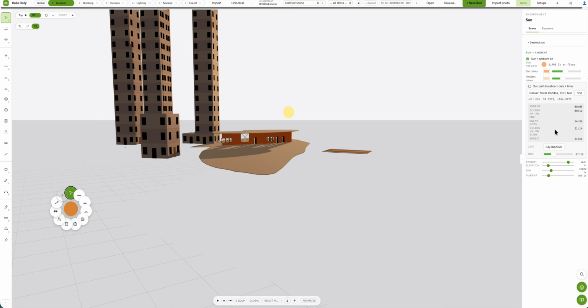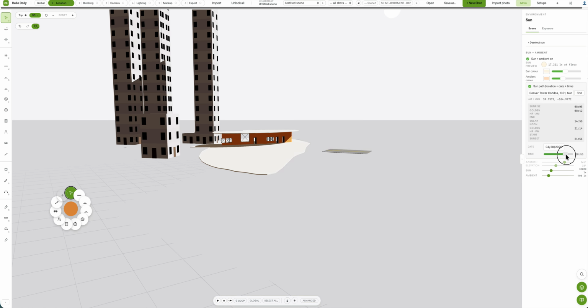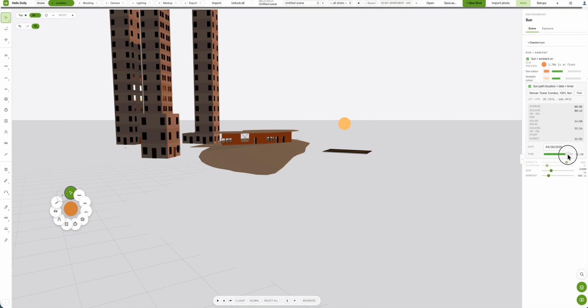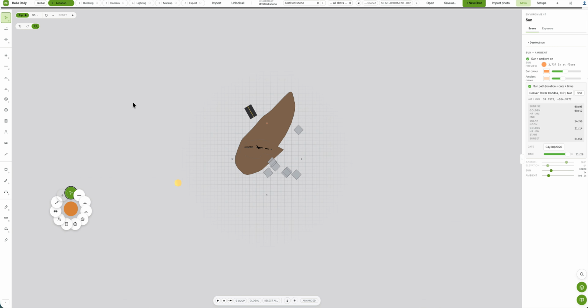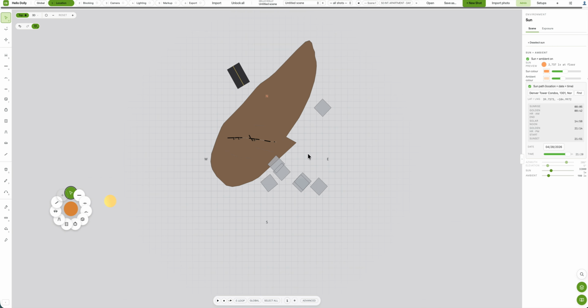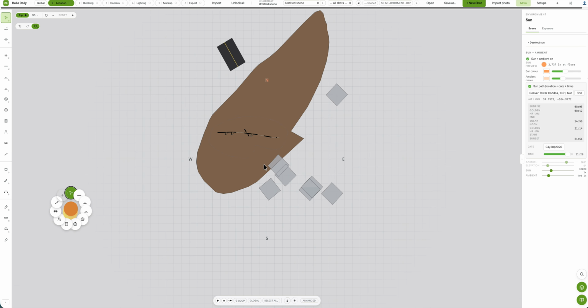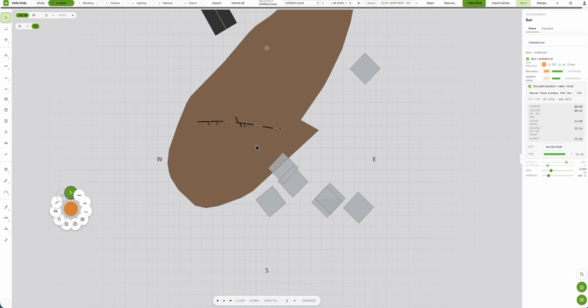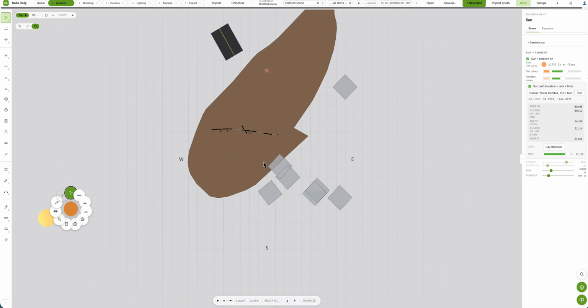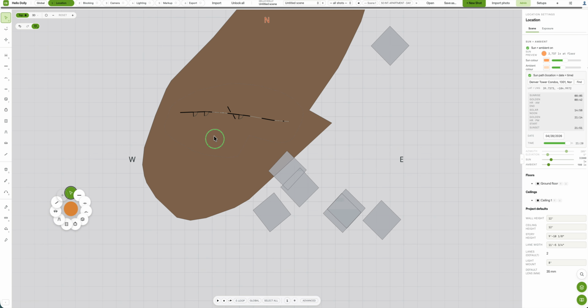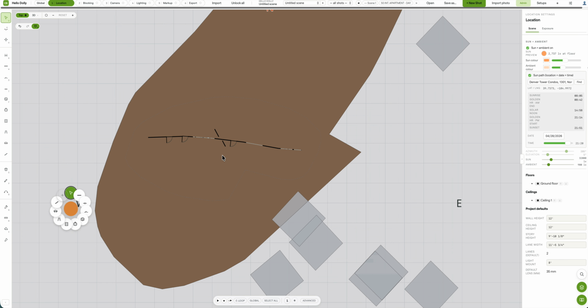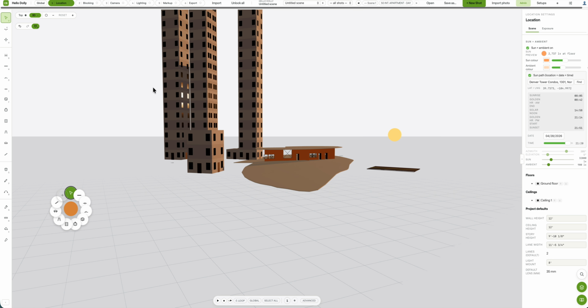And I click it. And now all I have to do is adjust the time and it knows where to be and when. So then when I think about my orientation, if I'm in the top view, I have the north, south, east, west. And if I can match the building to where it's at, then generally I'll get some cool idea of where that sun is. And then if I go back into 3D view,